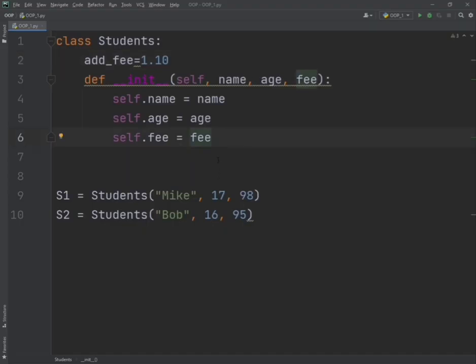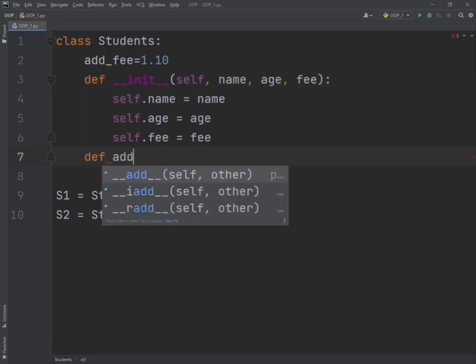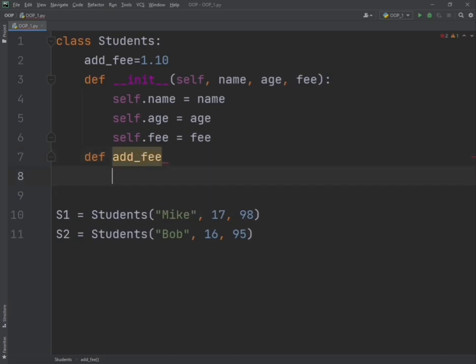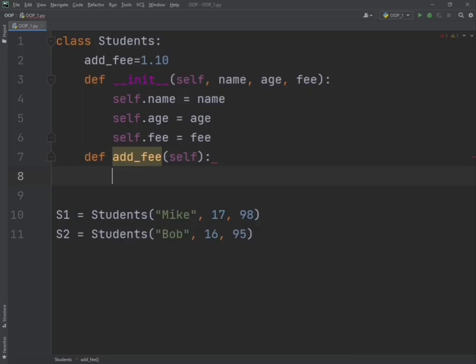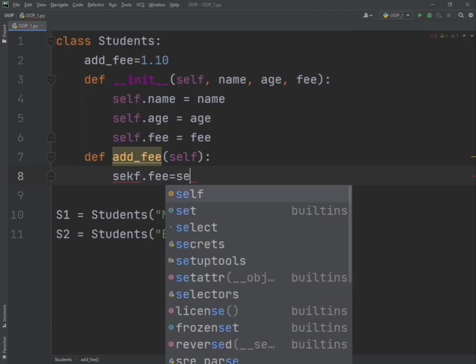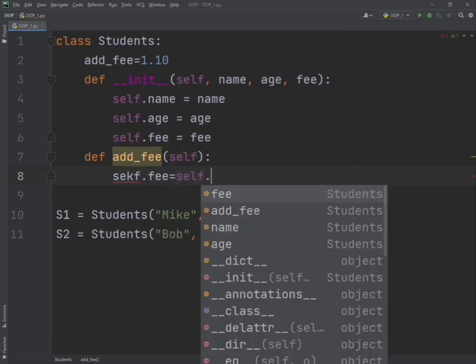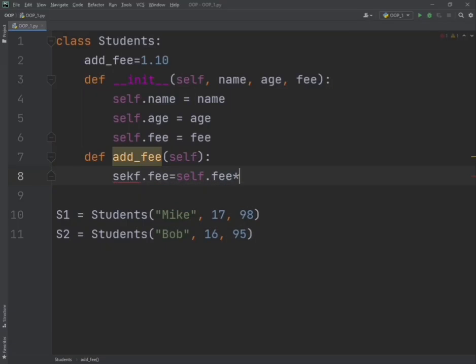So after that, let's create a new class method which will be def add underscore fee, and in here I will add some changes to fee. So I will write here self.fee equals self.fee multiply by